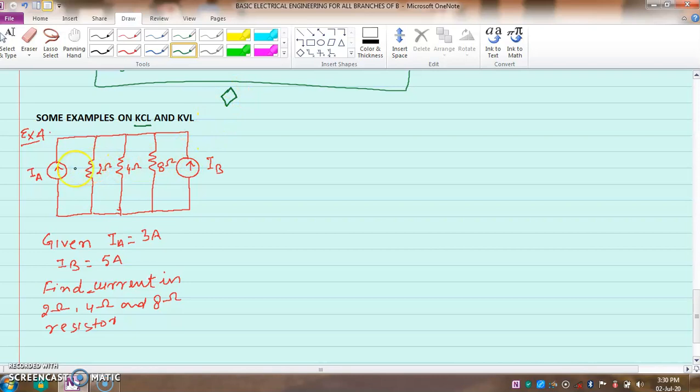This symbol is for an independent source, like in a circuit. It may be a current source if an arrow is there; if positive and negative are there, then it will be a voltage source. So I have to find here the current in 2 ohm, 4 ohm and 8 ohm using KCL,